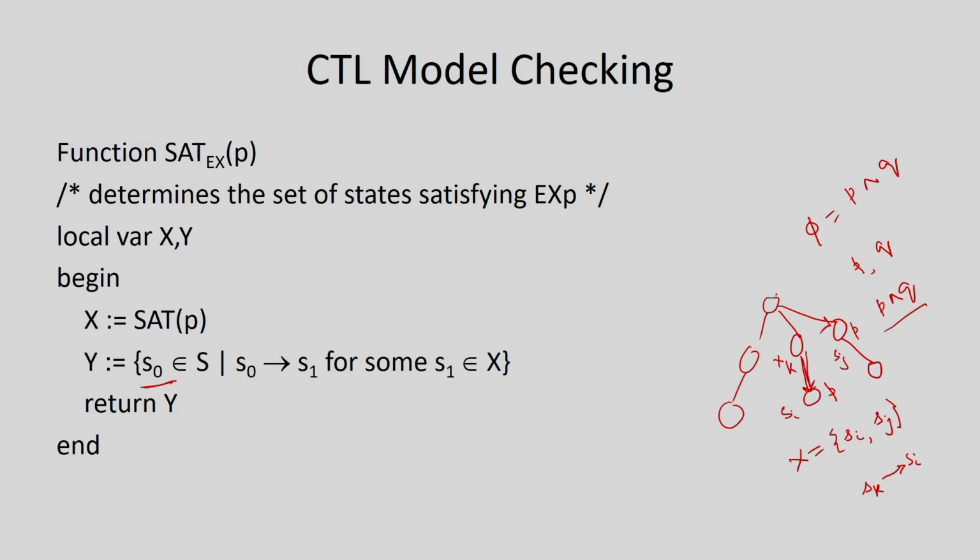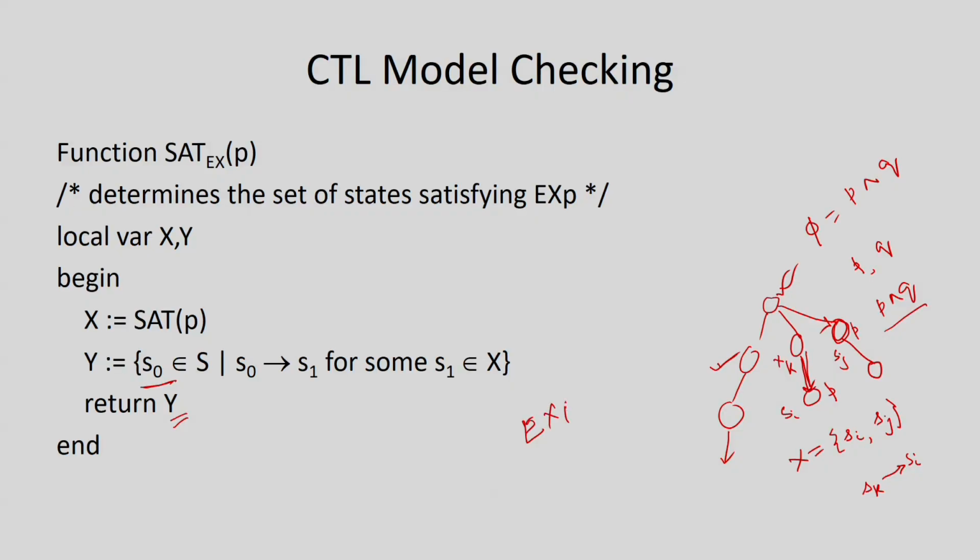Similarly, this particular state will also come into the picture, because from here at least I am going to get one state where P is true, but if I look into this particular state, then it will not come into the picture, because in the next state P is not true. So, it is going to return those particular states, and finally, we are going to return Y. So, what it basically does is return me the set of states where EX is true. We are looking for the formula EX. Okay.